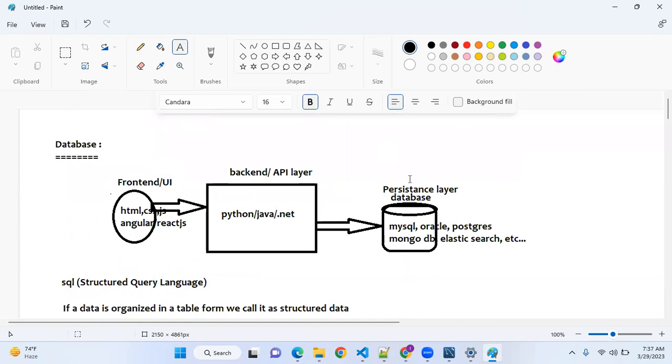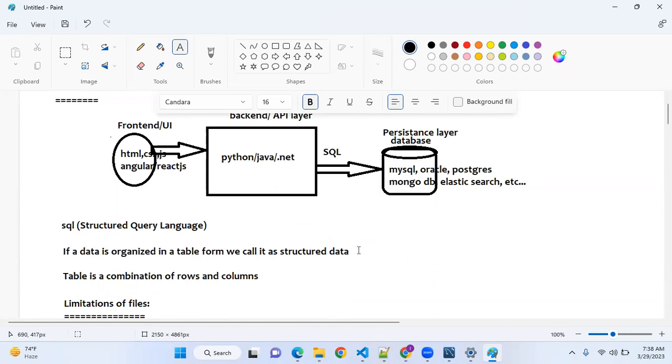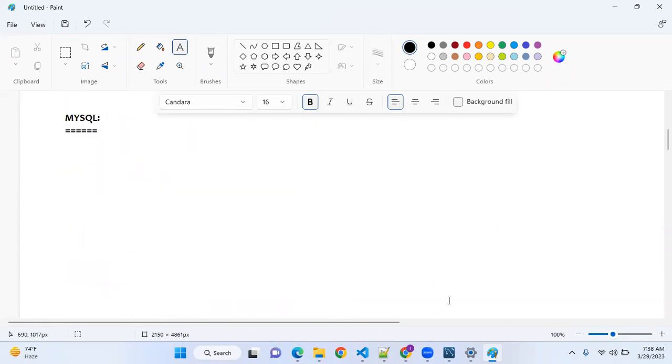So here, in this bridge to connect between Python and the MySQL database or any database, SQL comes into the picture. So here we need to add SQL. Using this SQL, we can connect Python to MySQL, we can connect Python to Oracle, we can connect Python to Postgres. So using these SQL queries, we can do that. So what are those queries, and what are the types of queries? How many types are there? And how are we creating them? How do we create a database in the very first place? We'll see all of them.